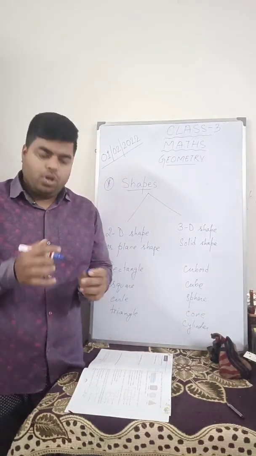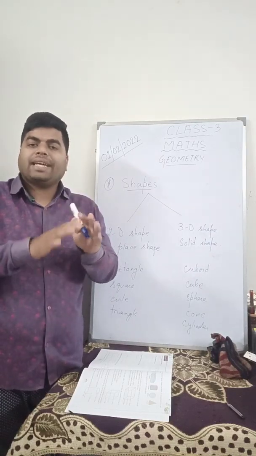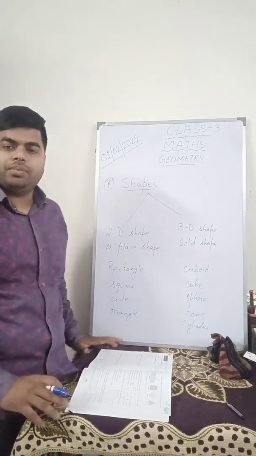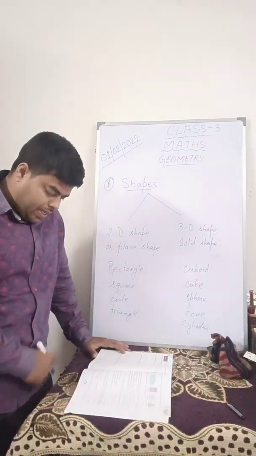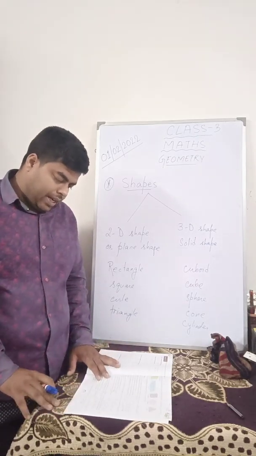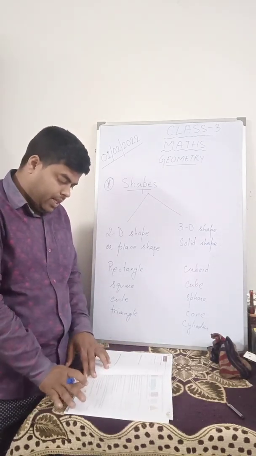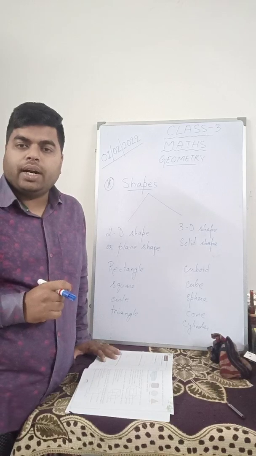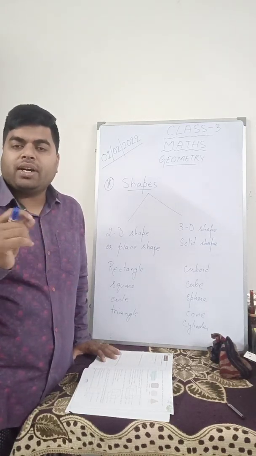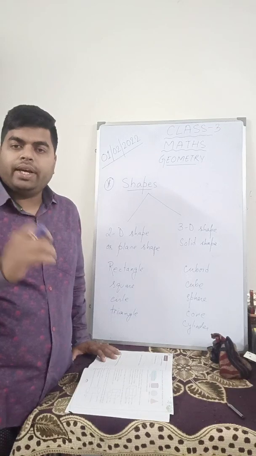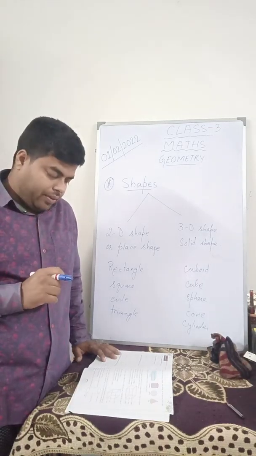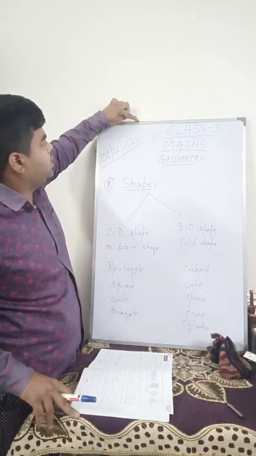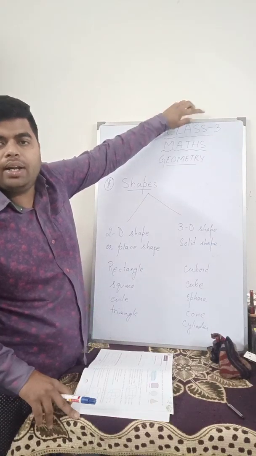So any shape which has the capacity to hold things in itself is known as a 3D shape, solid shape. If you open page number 195, they have given you cuboid, cube, cylinder, sphere, cone, and they have given you the details, like how many faces they have, how many vertices, what the edges are. Now if you talk about edges, the sidelines of the 3D shape are edges,